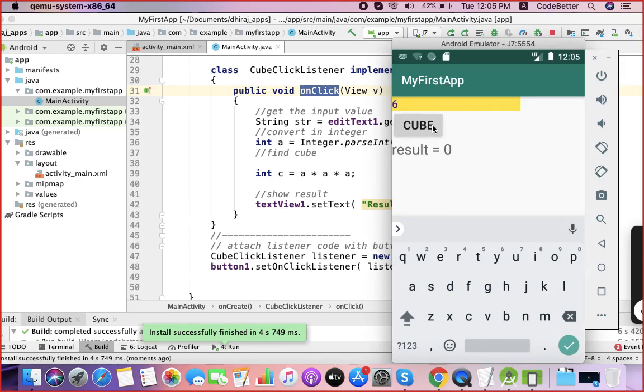If I click on cube, I will have the result. Yes? So this is how you can create a simple application in Android. So got the idea? Basic idea?